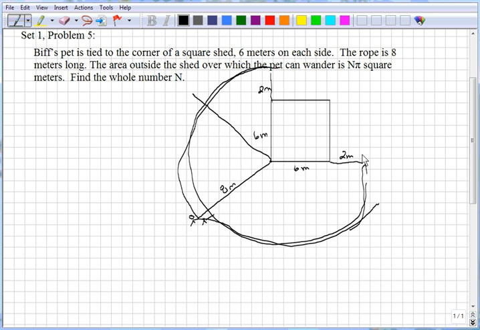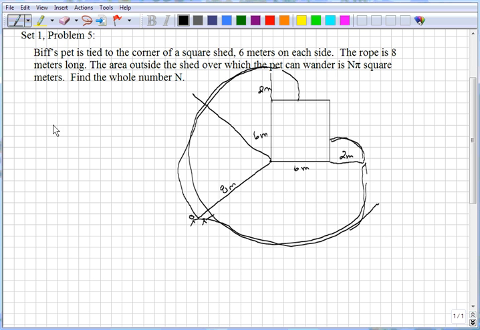But he can still go further, but now he's going to be tracing a little arc here and a little arc here. So I should say, it's not even a semicircle, a quarter circle here and a quarter circle here. And what we have here is 3/4 of a circle, right? Because if the shed wasn't in the way, we could go all the way around in a complete circle. But we get constrained by the edges of the shed. So what we have is 3/4 of a circle with a radius of 8 meters, and we have these two little quarter circles